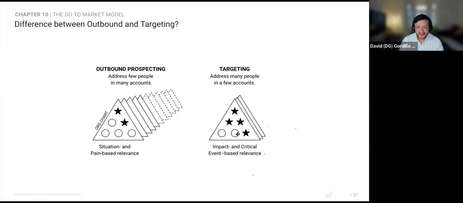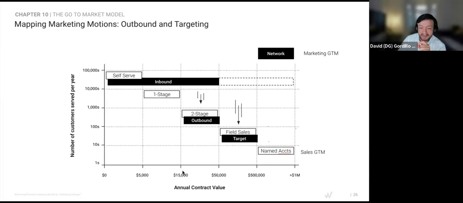within those accounts. So in a way, when we're doing outbound and prospecting, we are more spraying and praying, but a bit more, let's say, strategic. But when we're doing account-based marketing or targeting, we are only targeting a very well-known list of accounts. That's the main difference between the two. And this doesn't take away that you could have BDRs and SDRs doing this as well. But that's the difference between having SDRs that are operating in this range and having SDRs that are operating in